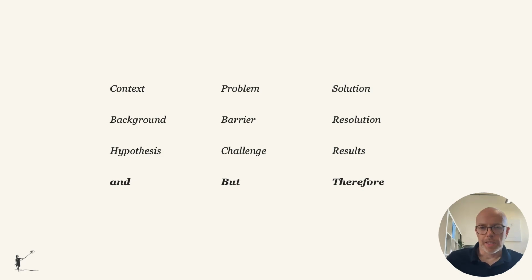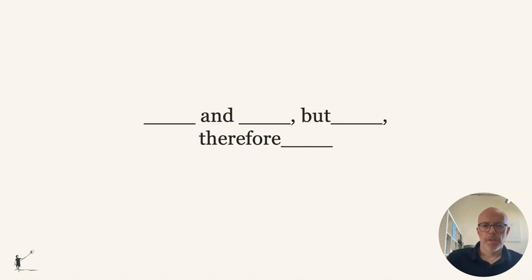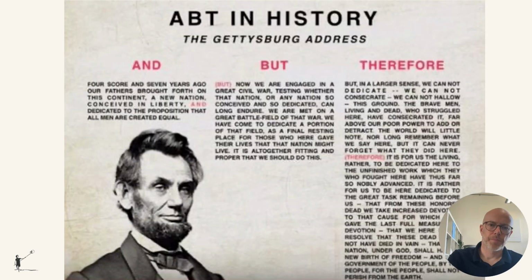And because this is a science and research audience, I thought I'd point you to one in particular that was developed by Richard Olson, and but therefore. And but therefore is a narrative structure that uses these 3 words to connect 3 stages of a story. And for the setup or familiar facts, but for the introduction of conflict or a problem, and therefore for the resolution or consequence that moves the narrative forward.